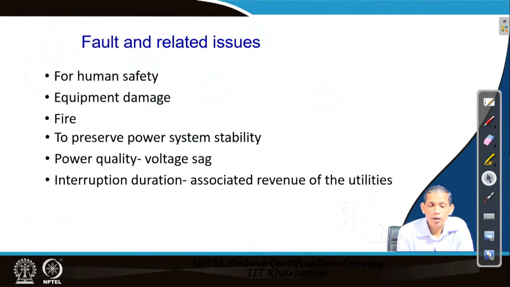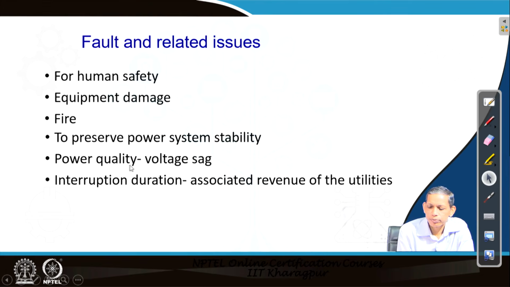If the fault remains for a longer period, more than the critical clearing time, then the system becomes unstable. So, time becomes pretty important in such a system. And note that at higher and higher voltage levels, the fault current becomes more and more, and therefore, clearing the fault in a time less than the critical clearing time becomes pretty challenging.